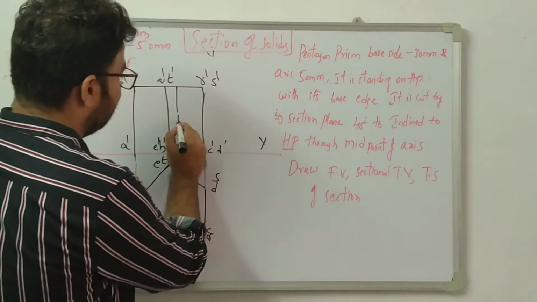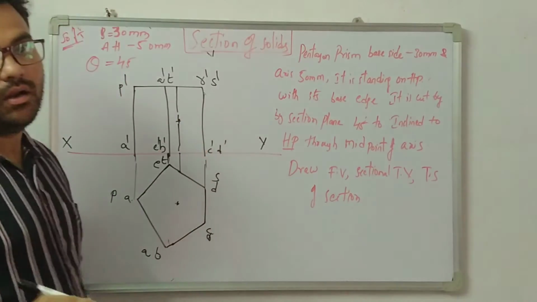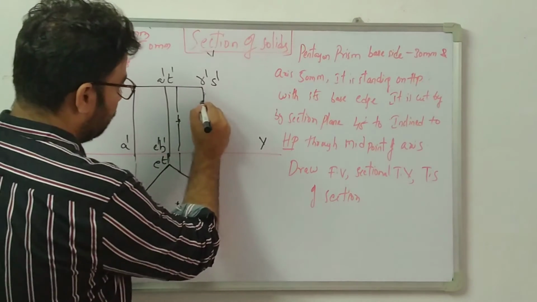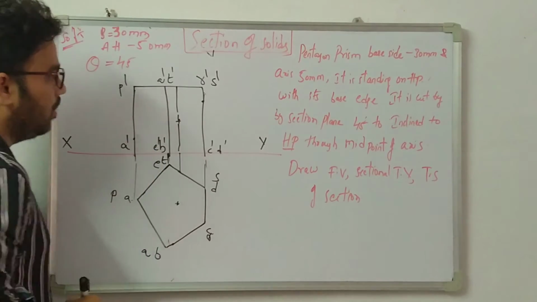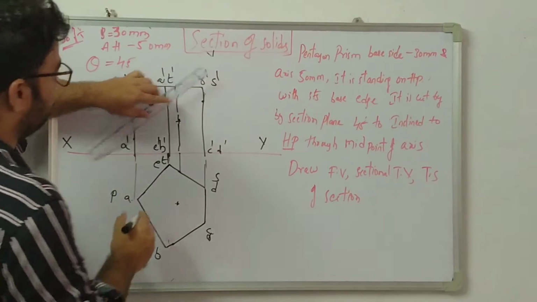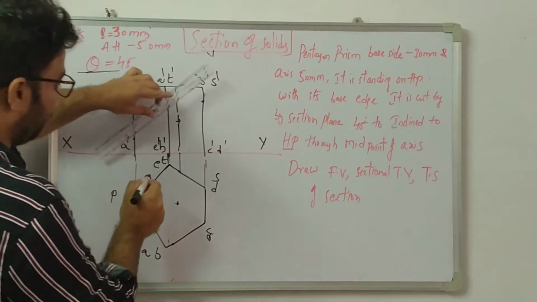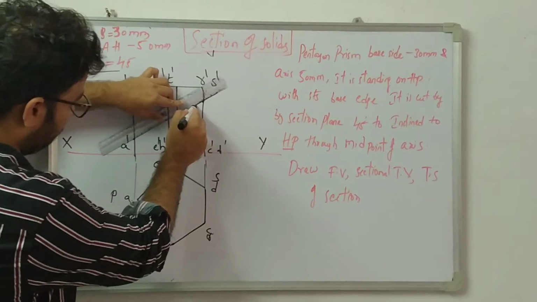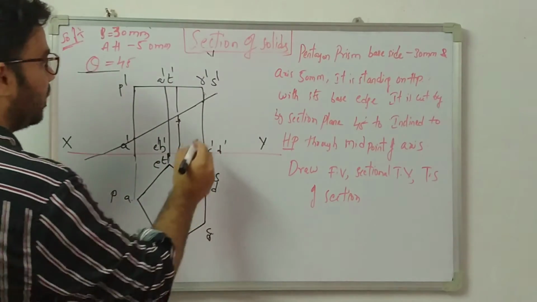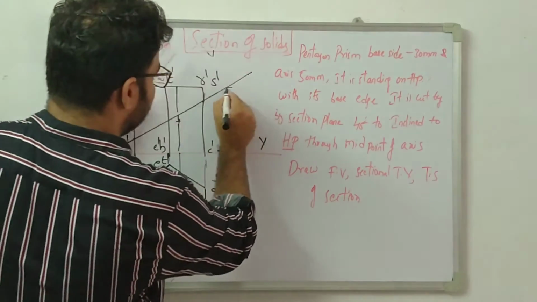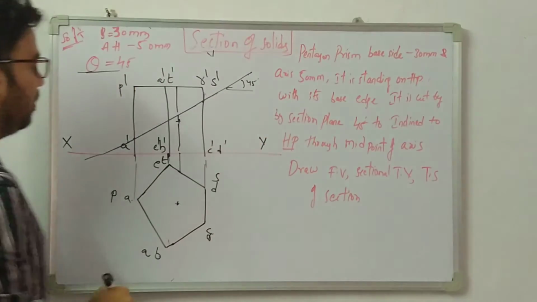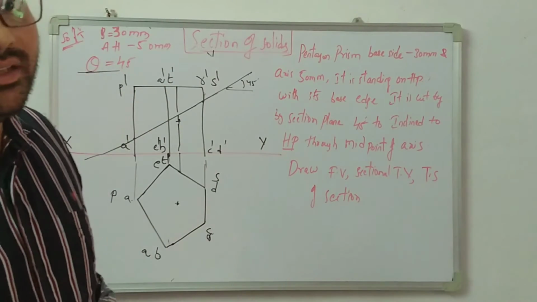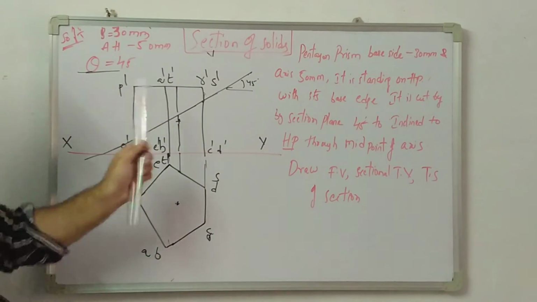Now from the axis point, draw a 45 degree line, the cutting plane. So theta is mentioned as 45 degrees. So theta should be every time above the xy line only. So the cutting line is how much? 45 degrees. So this is my axis. You have to show this line as a long dashed thick line. Don't show like this, show like this.